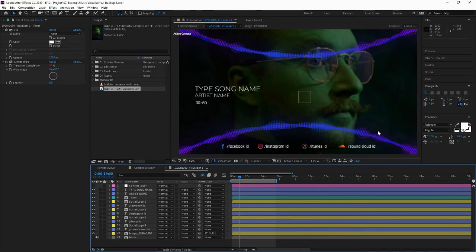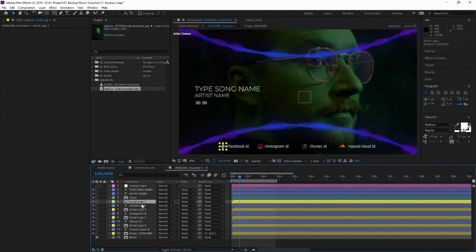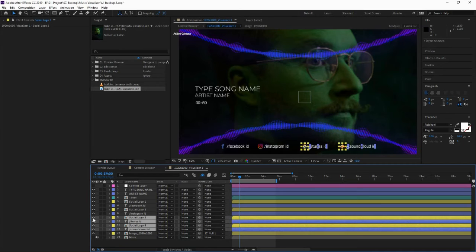Like so. And for the social media links, there are already 4 social media links available. As you can see, this is logo 1 and this is text 1, logo 2, text 2, logo 3 and 4. So there are a total of 4 social media links. Now if you don't have 4 social media links to display, let's suppose you only have 2,